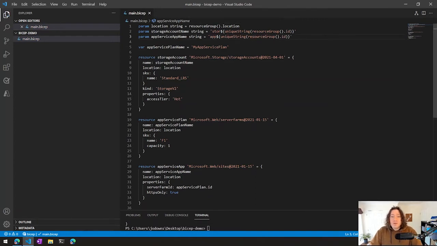Now, the thing to remember as well is these are parameters. So if somebody wanted to deploy this and explicitly set their own storage account name, they wanted it to be something very particular, they can do that. But if they don't specify a storage account name, then they'll get this behavior here. Okay, so we've now created a fairly reusable Bicep template in terms of its location, in terms of the parameters,